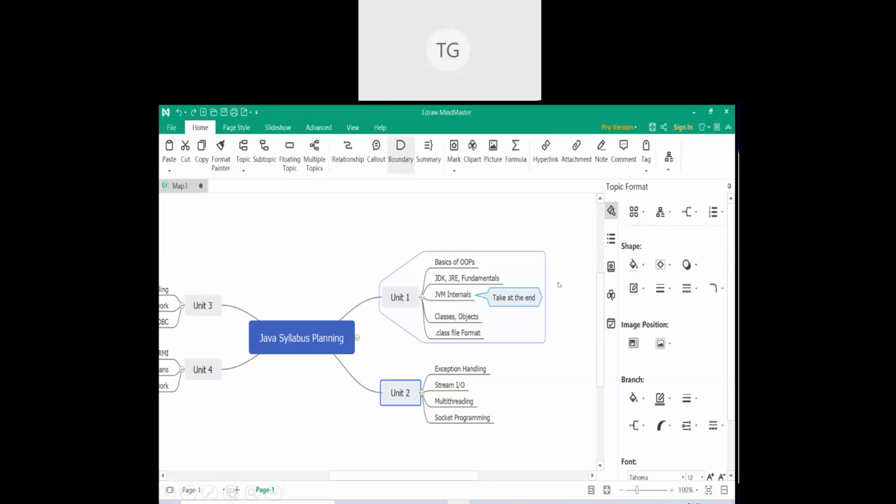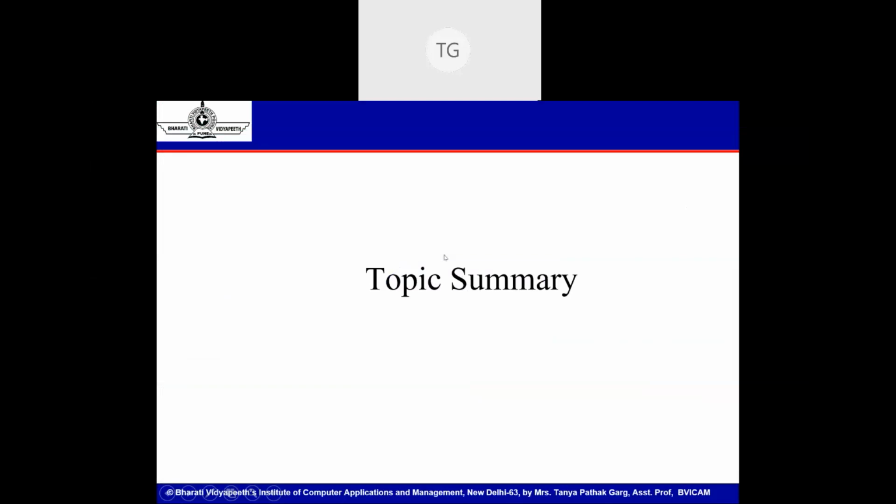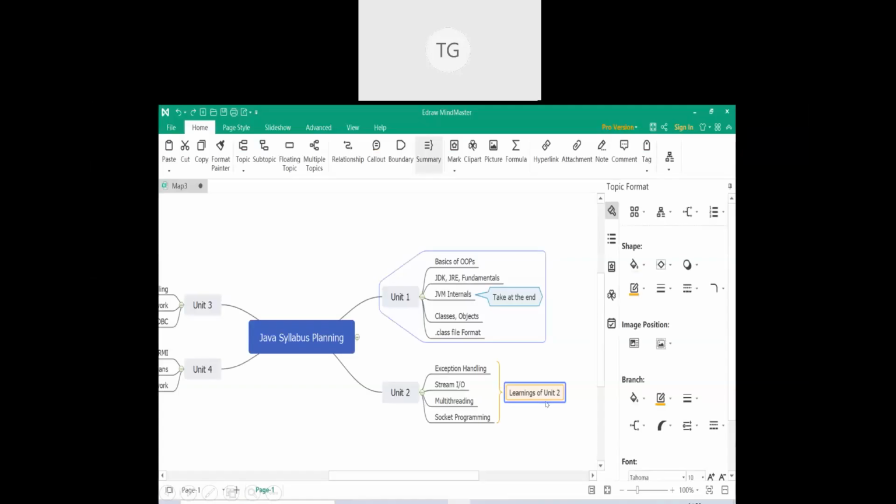Now for the boundary or any topic, you may want to provide your own summary, stating that by understanding this unit you will gain so and so out of it. So you can have a summary option here. You see in the same home panel there is relationship, callouts, boundary. The next is summary. Topic summary is for when you want to give the summary of certain topics. Like if in one lecture a teacher has taught say 5 topics and the student is taking notes, at the end of the 5 topics the student can give his or her understanding that depending on these 5 topics I could understand this, and this was taken up in this class.